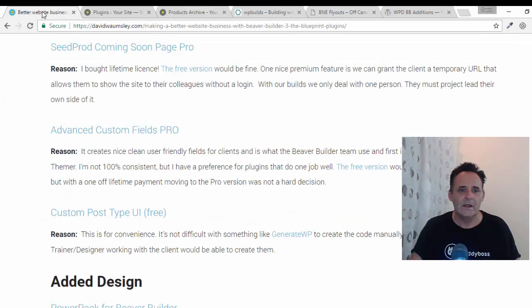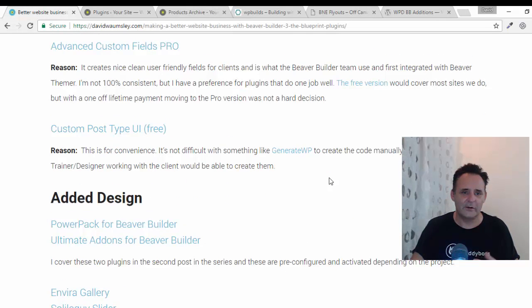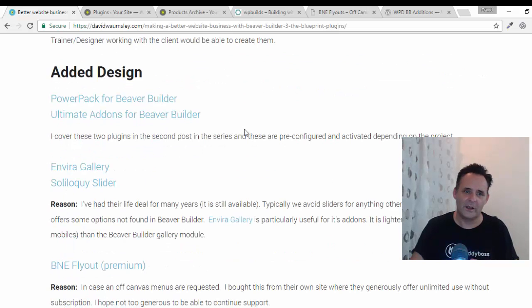So that's that. Right, I'm realizing this is going on a bit. I covered in my last video the extensions for Beaver Builder, the third-party ones by PowerPack and Ultimate add-ons, which we're using. They're pre-configured, and some of the modules are activated depending on the project. I also install